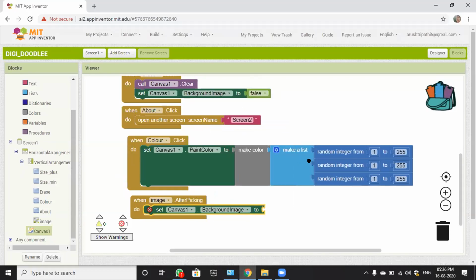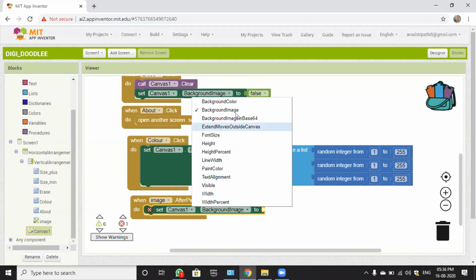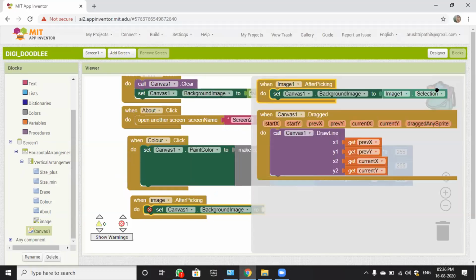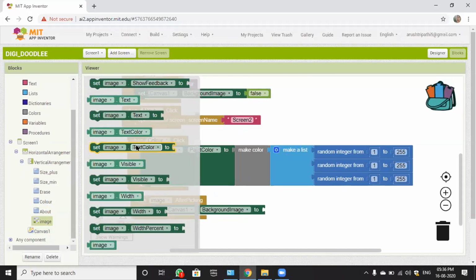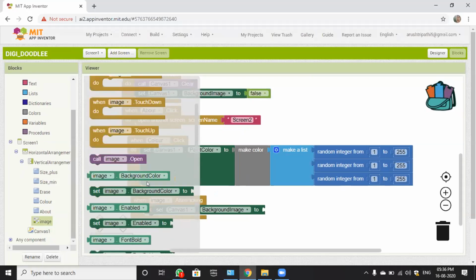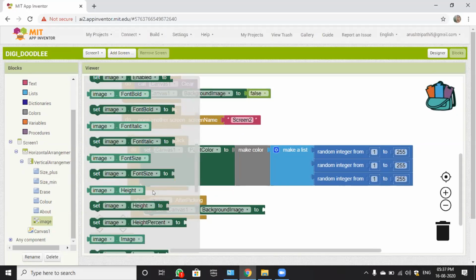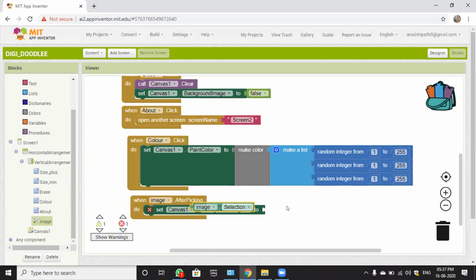I have mistakenly chosen color, so I was telling them to click on this arrow and choose set canvas one dot background image 2. Now go to image and choose image one dot selection. Must be here only. Yeah, this is image one dot selection. So the coding for the image one is also completed.